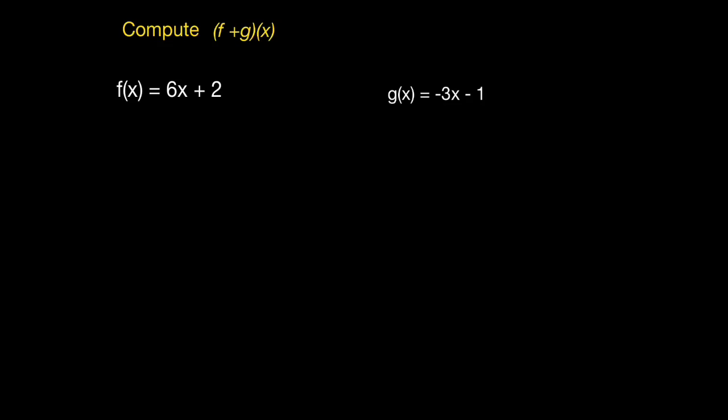We have (f + g)(x), so we've got to compute that. So we have our function f right there, or f of x. This (x) is just here to emphasize the variable we're working with. So both f and g have to be functions of x, or else this doesn't make any sense. So here we have f of x plus g of x, and that is going to equal 6x plus 2